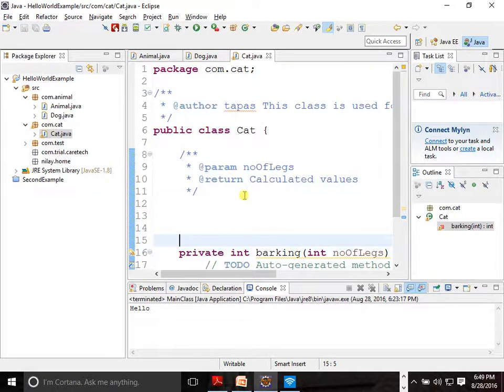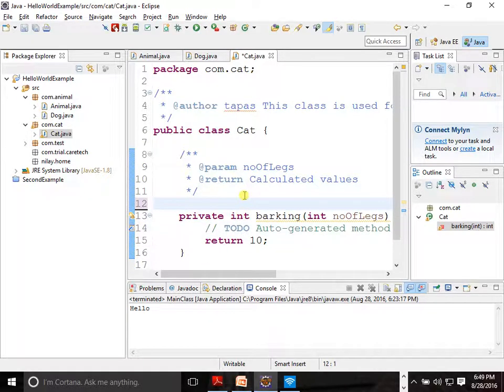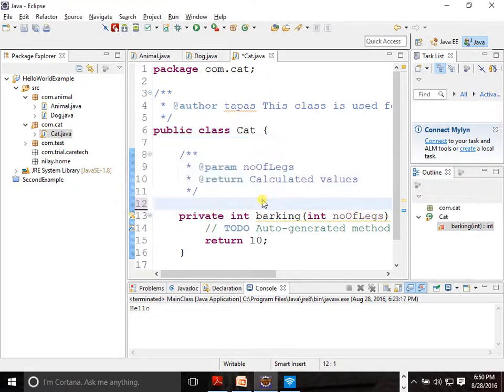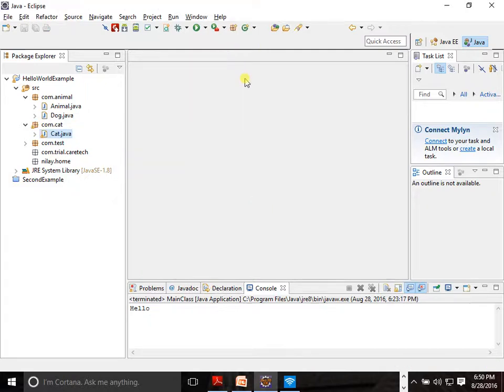Then if I do Control Shift F4, it will automatically ask you, do you want to save your change or not? If you want to save, then yes. If you don't want to save, then no. If you don't want to close all the files, then cancel. These are the 3 options which are there. So this is something like a positive button, negative button and neutral button. Okay. So if I click on yes, then it will save it and close it.